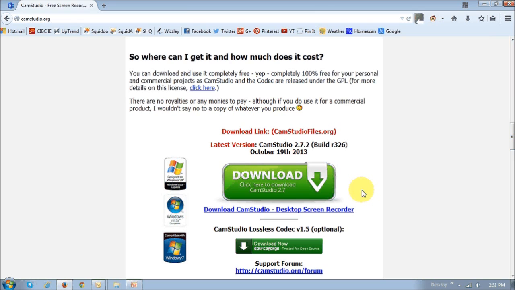I've had no issues in terms of downloading the files, but I know some people have sometimes had issues with the download, because what CamStudio does, because it's free software, is use third-party ads. And sometimes they do try and check to make sure that they're safe. But when I tried to download version 2.7 from this website,